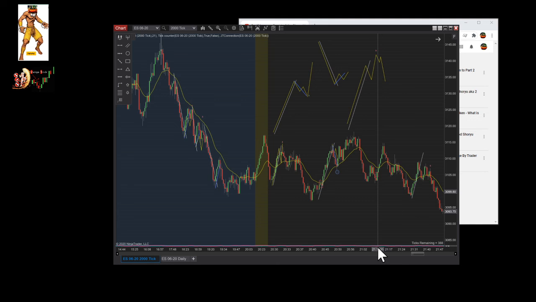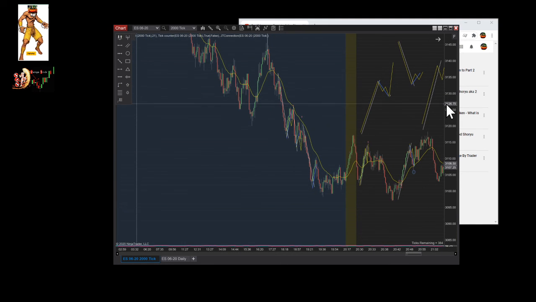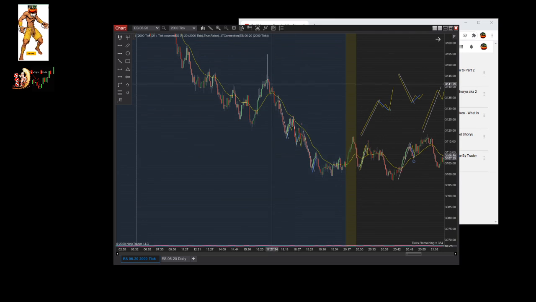And another thing is it will help also those who don't know how to draw macro channels. The short-term trend line will help you avoid drawing macro channels and still be on the right direction. So it's for those who are not using either the 50 SMA or macro trend lines. Okay, so that's pretty much it.